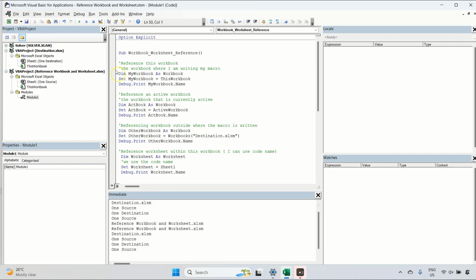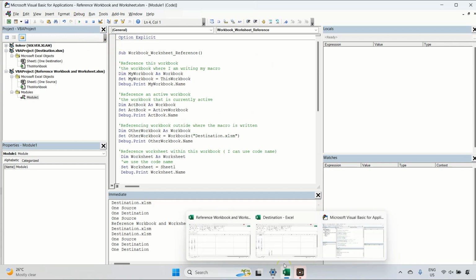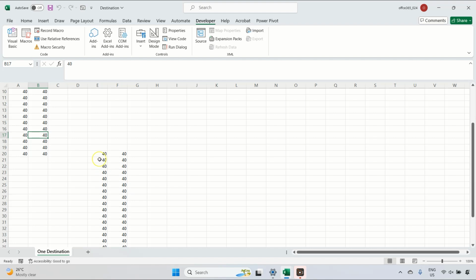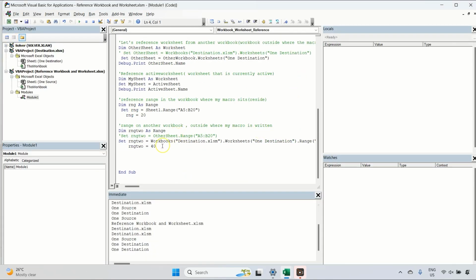Now if I run it, and I go to my second workbook, I can see it, right? So this is the way to actually write it, but since I've already referenced the other sheet as workbooks.worksheets, I could simplify it that way. Okay, so now